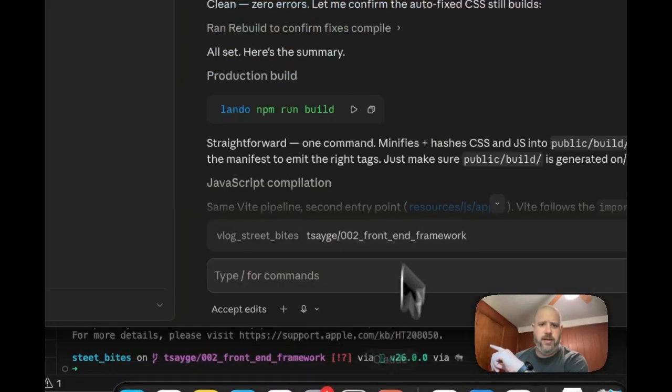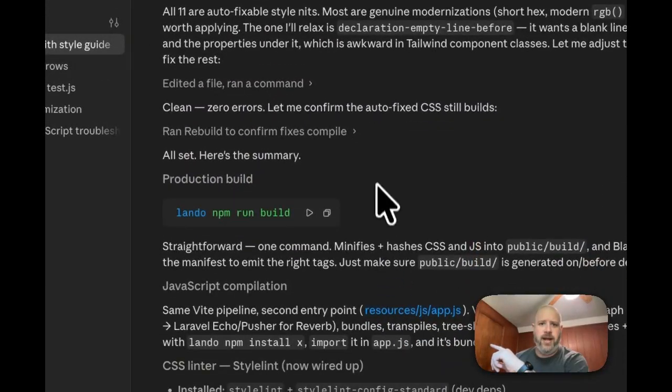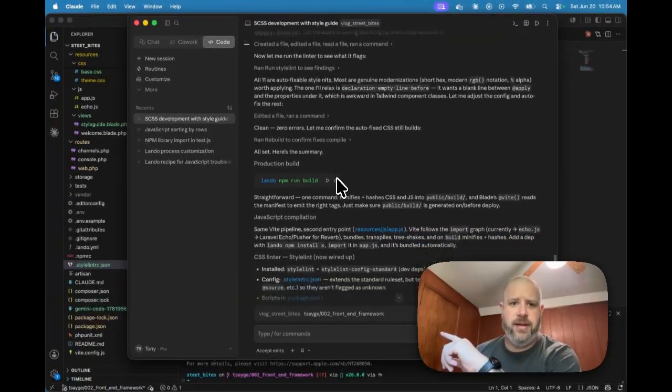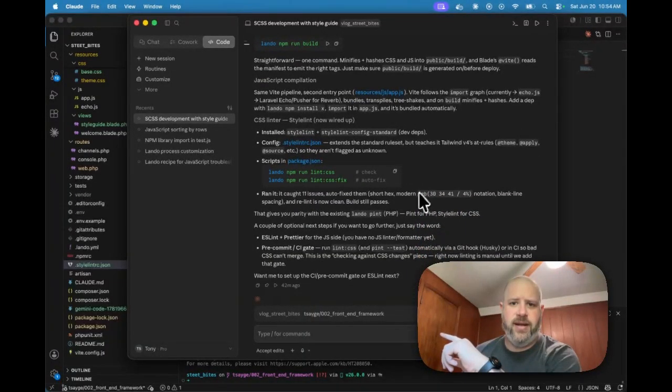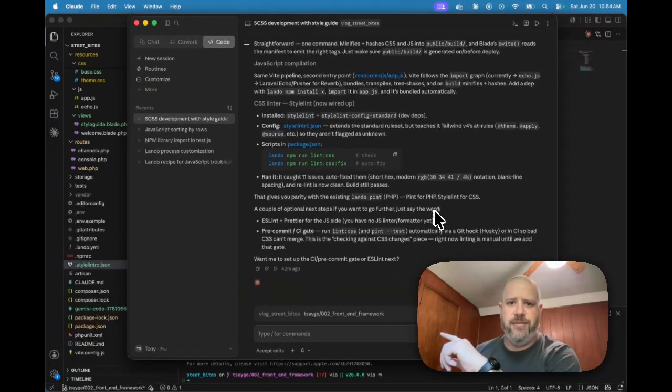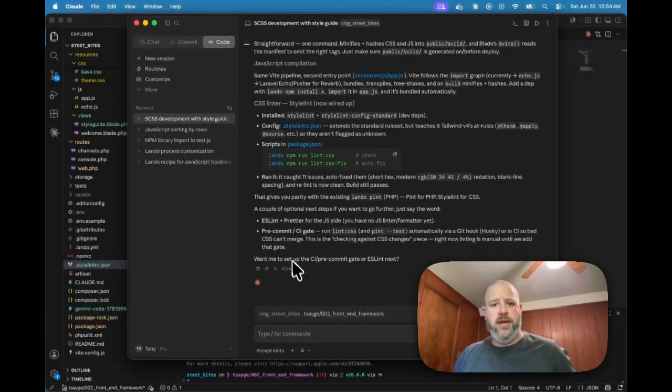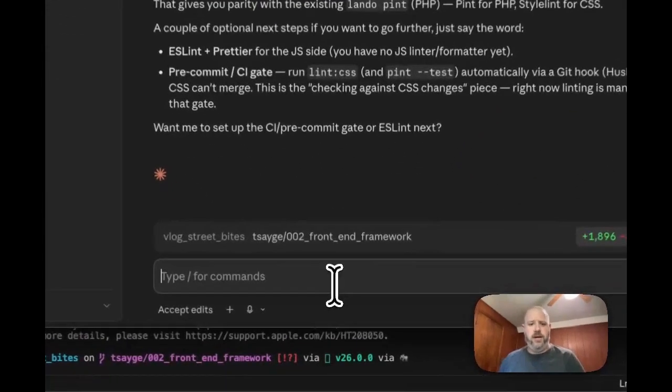And it ran it and made some fixes for us. Stylelint ran. It's given me some small things like some hex changes and little bits and bobs. And then it's talking about, I asked about a JS linter. It wants to set up ESLint. So I think